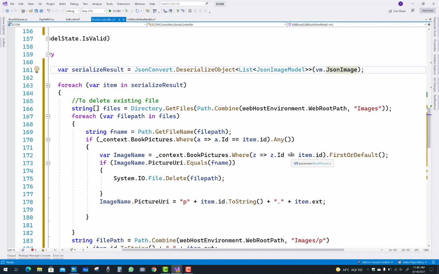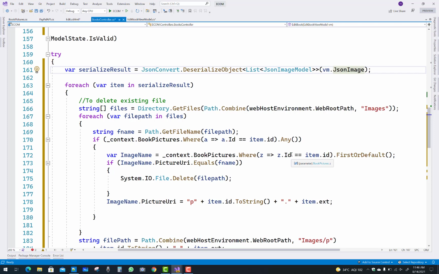Okay, here we have context.bookpictures, and the id is the